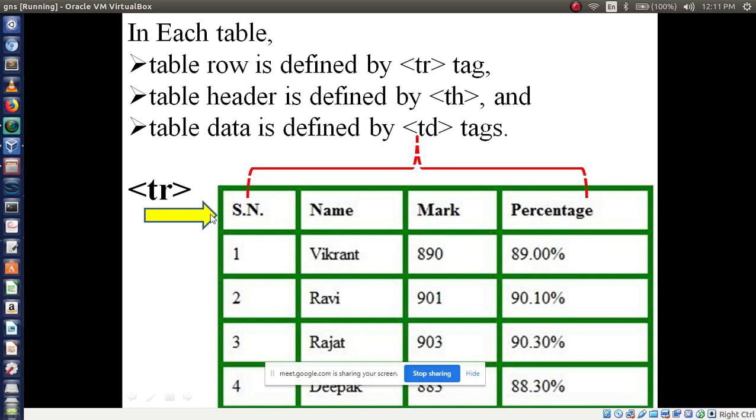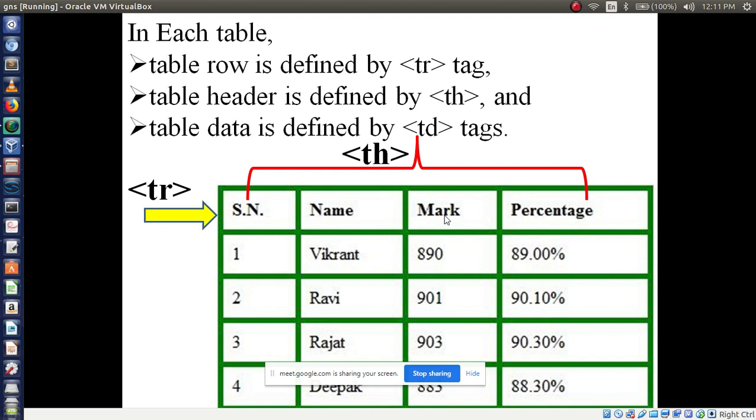Now here an important concept: serial number, name, mark and percentage. They look bold, right? Yes or no? Bold. This we can call the th tag. This is called what? Th tag.